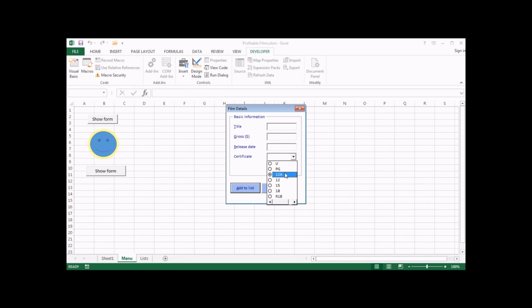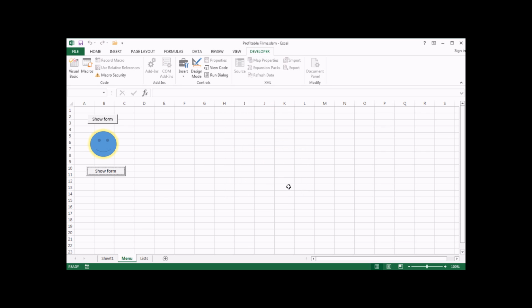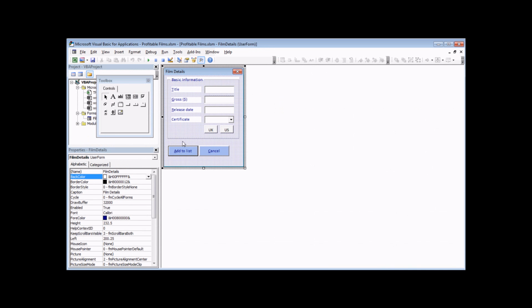And if I select an item from the list at this point and then click my UK button, it will delete the value that I've selected, but also clear all the existing items in the list. So it's worthwhile knowing that you can do that just independently by itself. Anyway, you can clear your list at any time by applying the clear method. Let's close the form down, and then we will go back to the VB editor and continue with the code